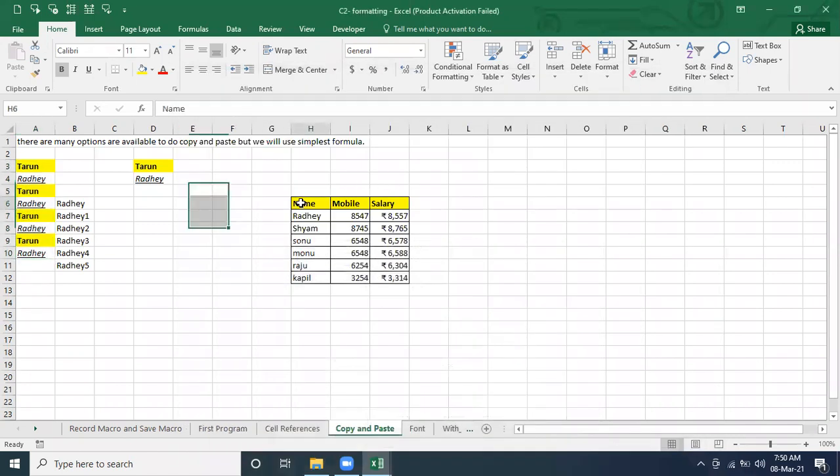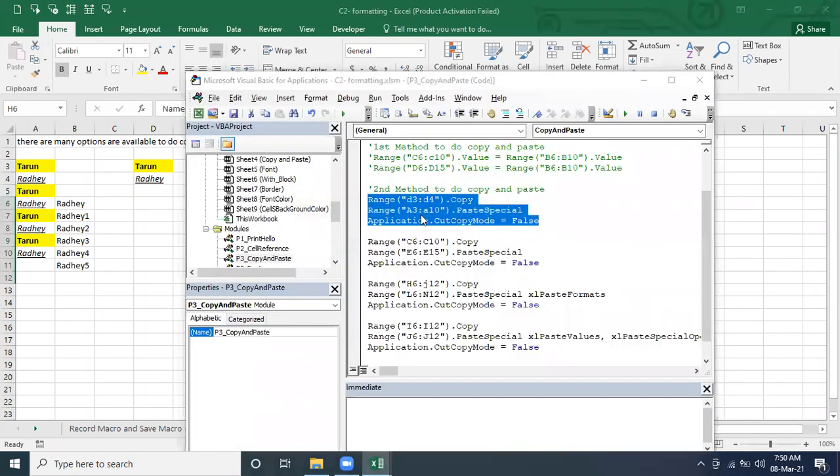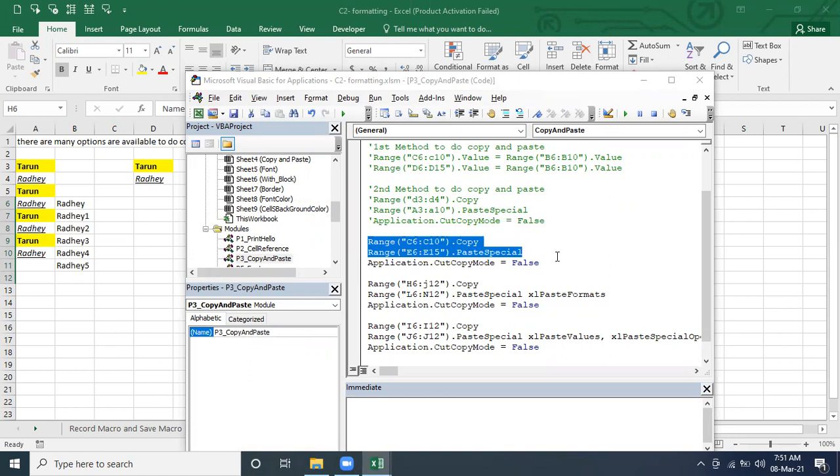Special. So here this is the area which we are looking to copy, and we want to paste it to this one. So while pasting, we have to pick the range, while copying, which range we want to copy. So this is the range which we want to copy. This is very easy. So let me make it a comment here. This one already did it, and this one already did it. So let me remove.